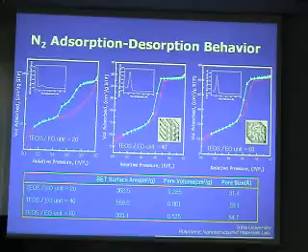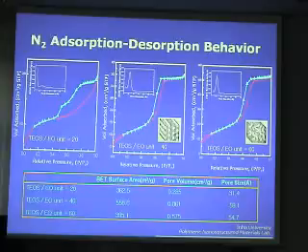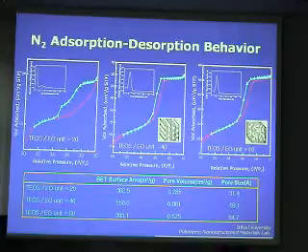As you can see, the data shows the typical isotherm for the slab-like material, indicating the absence of mesoscopic order in the structure. Probably this destruction of the mesoscopic order is due to the spherical morphology, which can be readily